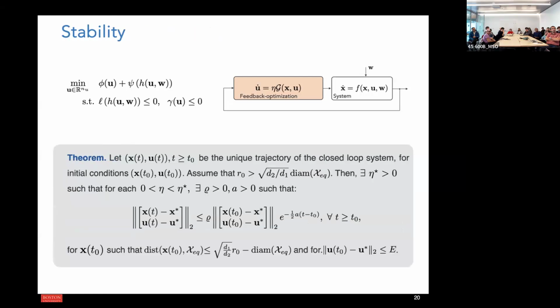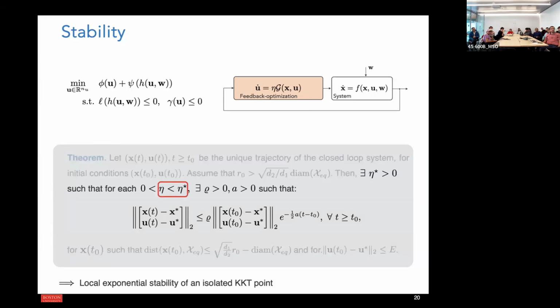Now, the main result. Suppose for a moment that we have perfect measurements. Now, the result is as follows. Here we have the interconnection of two subsystems that when taken independently, they are stable. But when we stitch them together, they may no longer be stable, right? So the result is as follows. We can play around with this eta, and let me just gray out things that are not necessary for now.